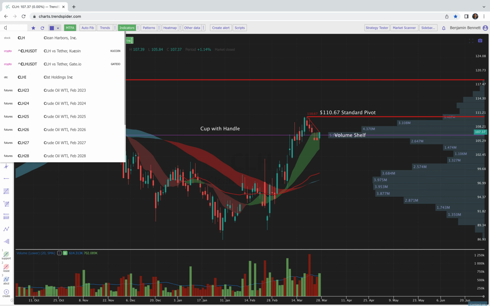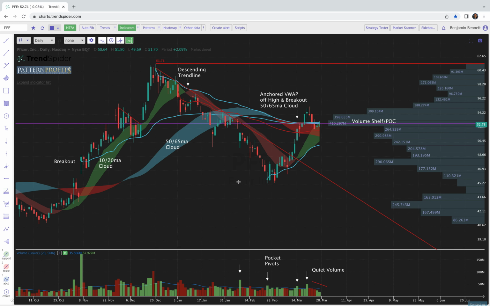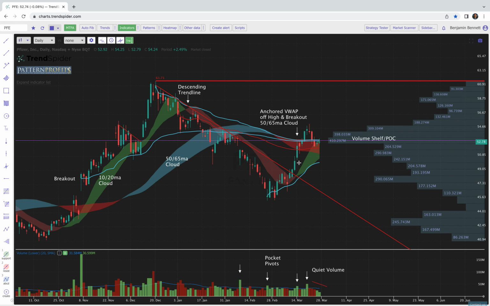One more to look at, Pfizer, PFE. Now with Pfizer, beautiful move through this descending trend line. We had quite a few pocket pivots up the right side there too. Then it came back in, really quiet volume last week as it came in, especially later in the week. You can see anchored VWAP off of the high and anchored VWAP off of the breakout there acting as resistance late last week. You have year-to-date anchored VWAP below, and you're right there in the clouds, 10, 20, 50, 65